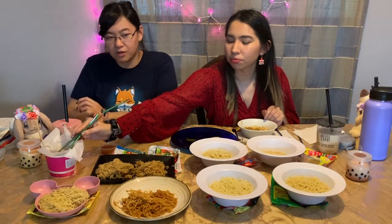So their relationship started to get really, really rocky. Shayna didn't want to break up. She didn't want to leave him, but he, on the other hand, wanted to end the relationship. And it finally came to a head on October 11th, 2012, when they had their last dinner together,